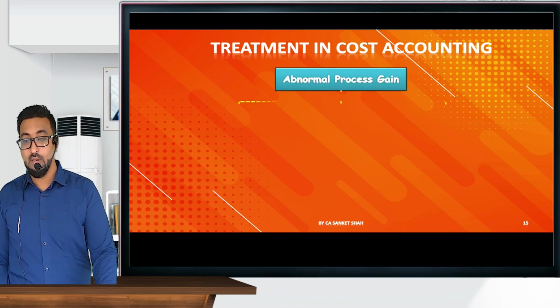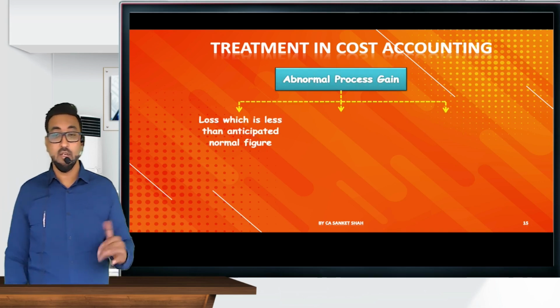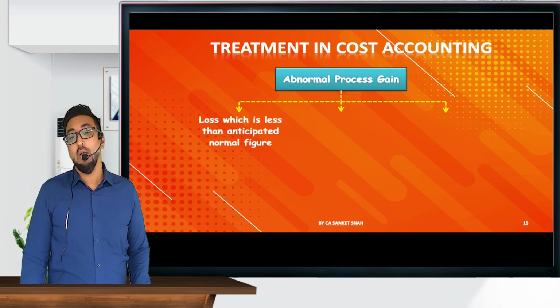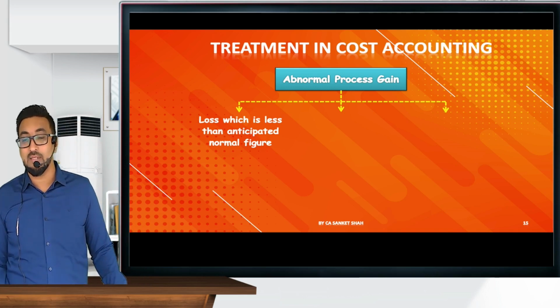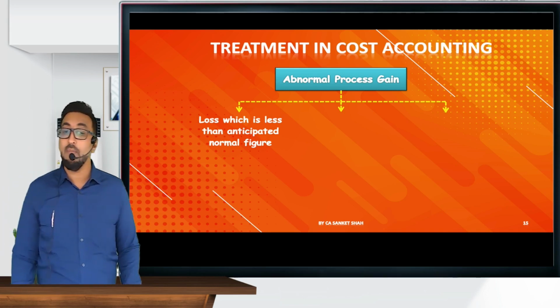Exactly, abnormal gain. Now beta, it is reduction in the normal figure. So you thought that 5 pens will be lost, but actual lost is only 4 pens. So 1 pen is beta loss which is less than the anticipated figure. So your expectation was 5 pens damage, but actual 4 pens damage हुए, तो इसका मतलब आपका एक पेन